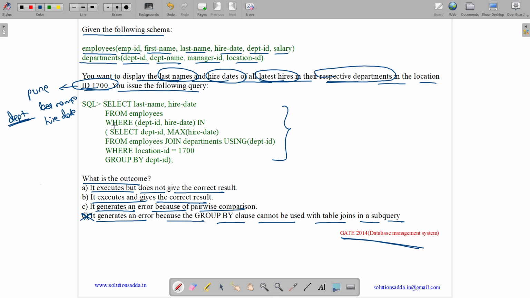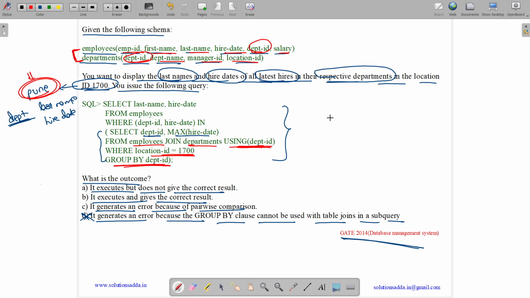Now let us see the query. So what is it doing? See this part. It is doing select department ID and max of hire date. First it is doing employee join department. So it's joining the two tables, department and employee, using department ID. It is joining with the help of department ID, which means both of them should have same department ID. So we will have all these attributes in this join table and department ID will come only once with the same department ID matching. Now with the location ID 1700, we got all people from Pune and which are joined by department ID.